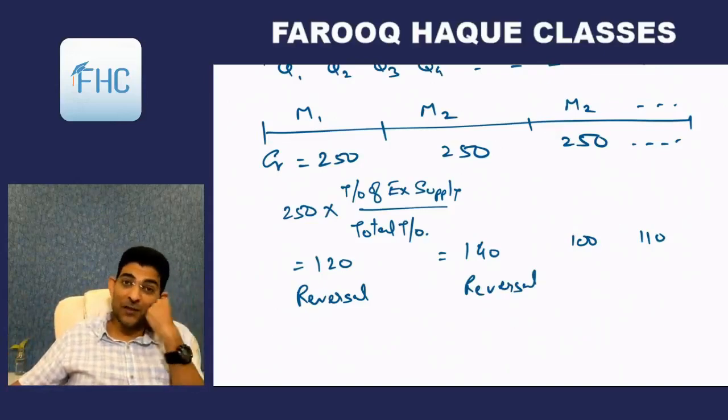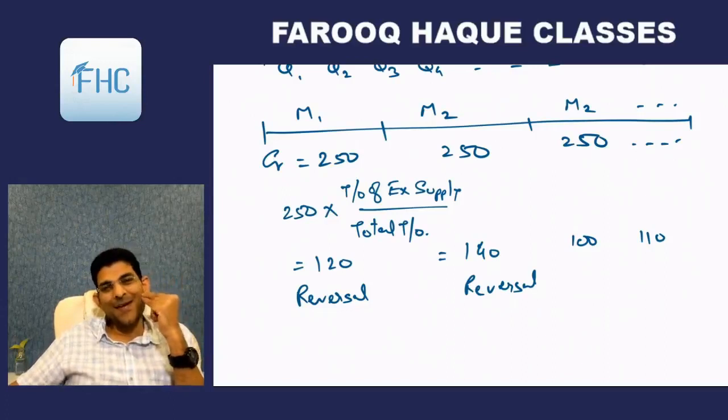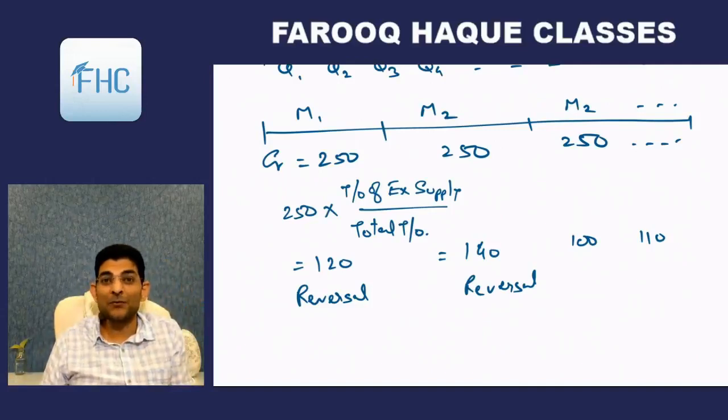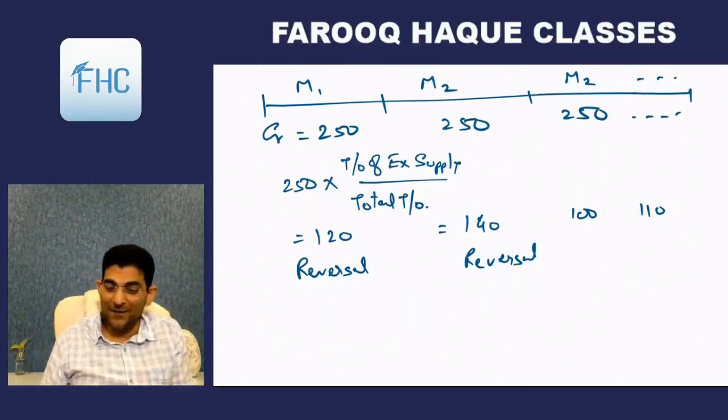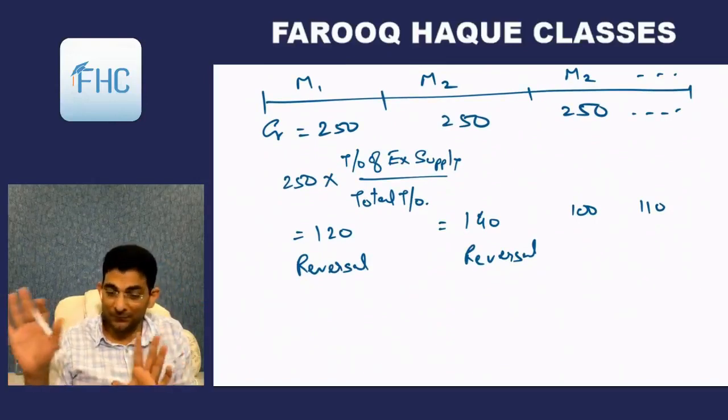Understood? So first you take 15,000 in full credit taken initially, and then every month we'll keep on reversing part amounts along with interest. Because government says we gave you credit in the first month and you are reversing it over 60 months, so give us interest also. So okay, we'll keep on reversing the amounts with interest. So this is how the calculation is done. This is the simple logic of reversal.